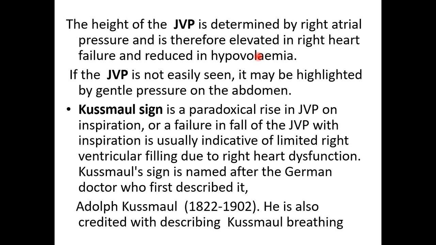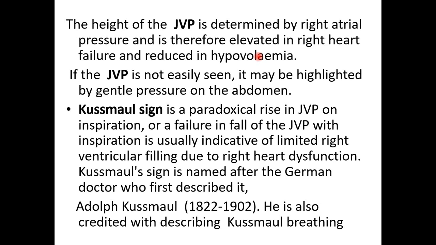We have Kussmaul sign. What is Kussmaul sign? It is a paradoxical rise in JVP on inspiration or a failure in fall of JVP with inspiration. Normally, when one takes a breath, the jugular venous pulsation falls during inspiration. If it rises, we call this Kussmaul sign, a paradoxical rise in jugular venous pulsation on inspiration. Normal inspiration lowers the JVP. Here, if it rises, we say Kussmaul sign is positive, or a failure in fall of the JVP with inspiration, usually indicative of limited